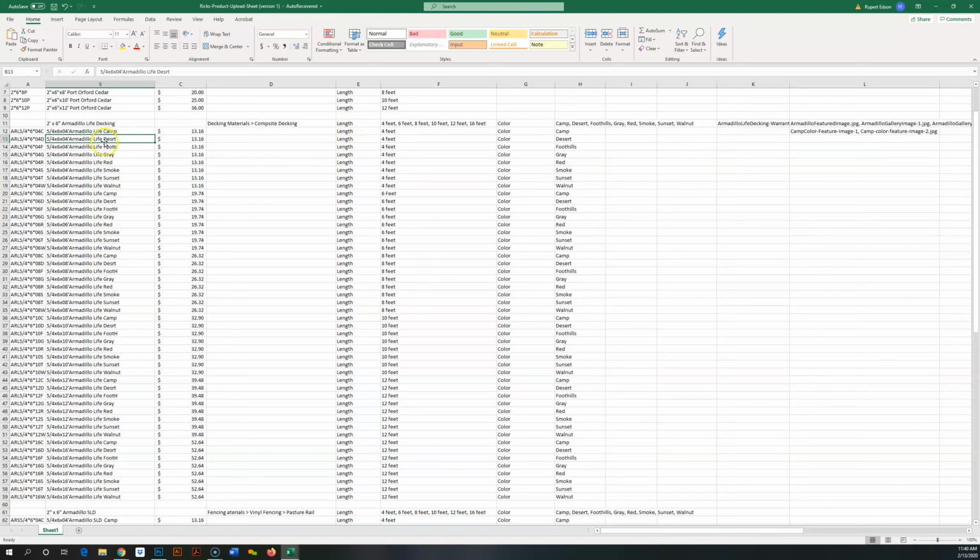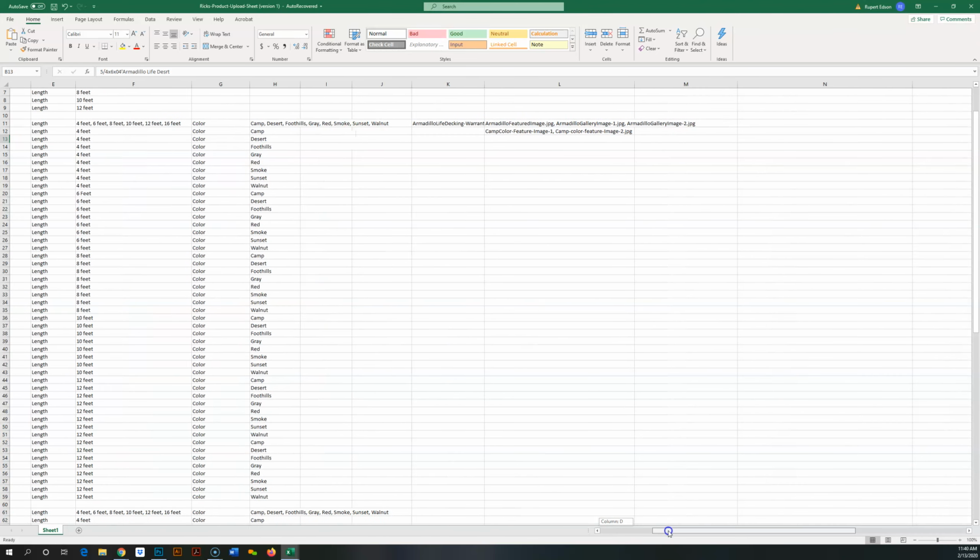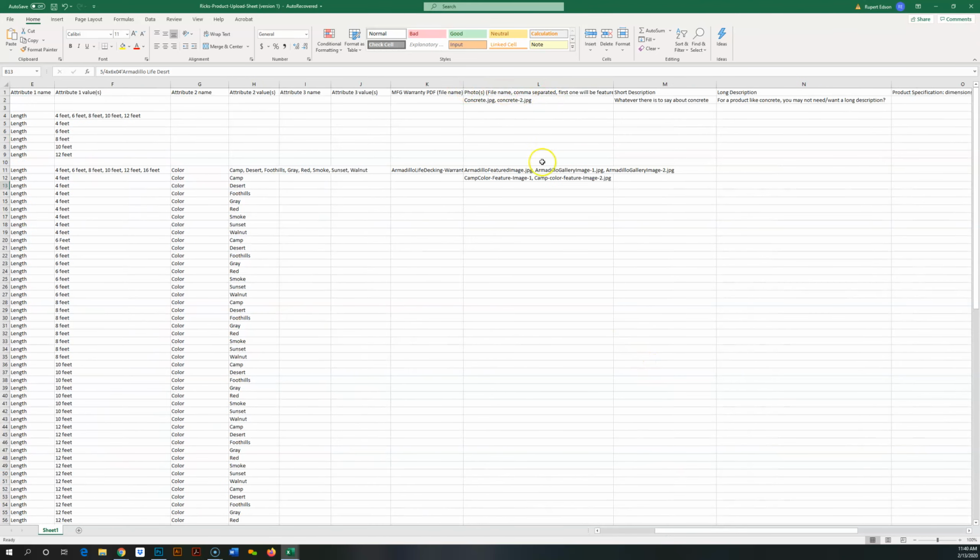So yeah, then for each one of these, we need to have, this is the 4-foot camp, this is the 4-foot desert, this is the 4-foot foothills, etc. So a lot of this is going to be fairly simple for you to replicate from what you've already got. Moving on over here to the other columns. So this is our